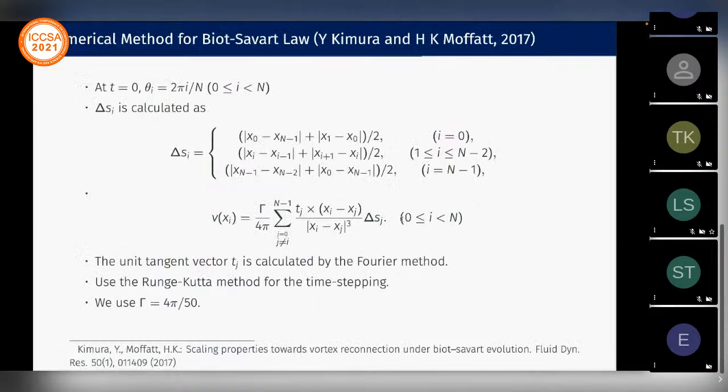So here is the numerical method for the Biot-Savart. It's also proposed by Kerr and Moffatt in 2007. At the initial step, theta_i is 2 pi i divided by n, and delta s is the arc length parameter we calculate with this formula, and here we use the cutoff method to